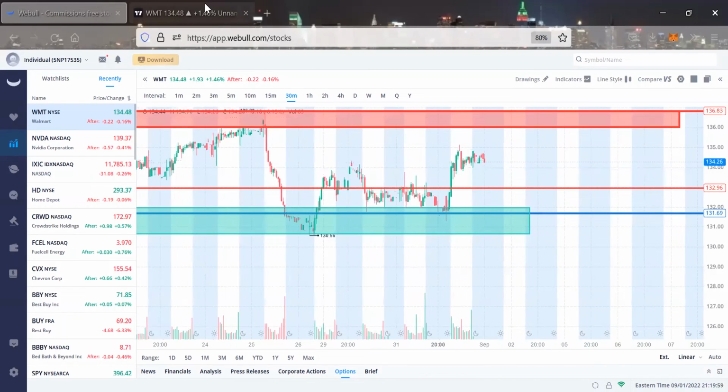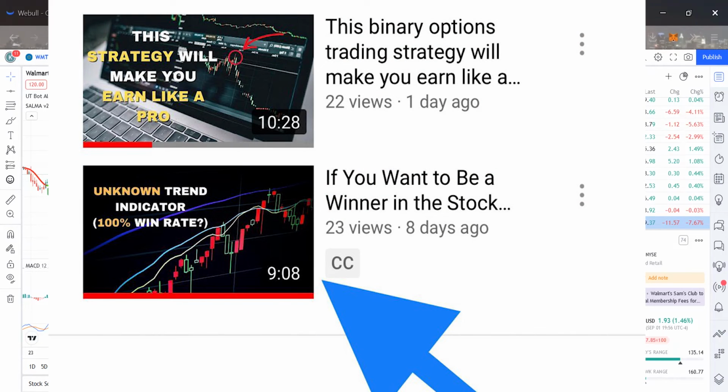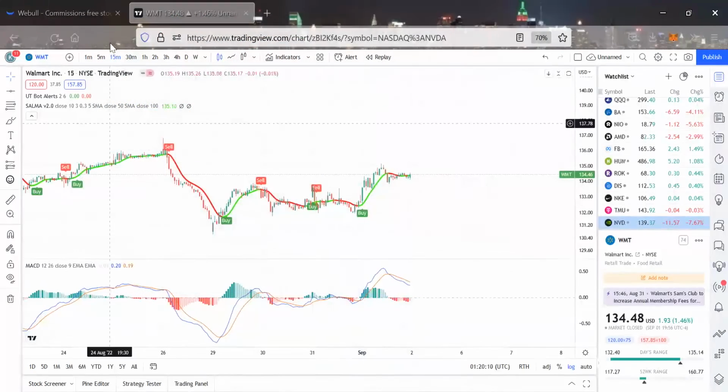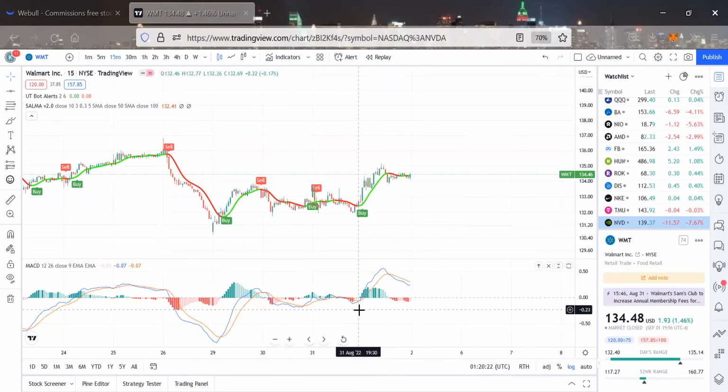And then I went to my TradingView. Guys, if you don't know about this strategy, go to my first video. I show you and break this strategy down. So my other confirmation was I went on my TradingView, searched Walmart, and I seen a buy signal on this candle right here, and I seen a green trend,